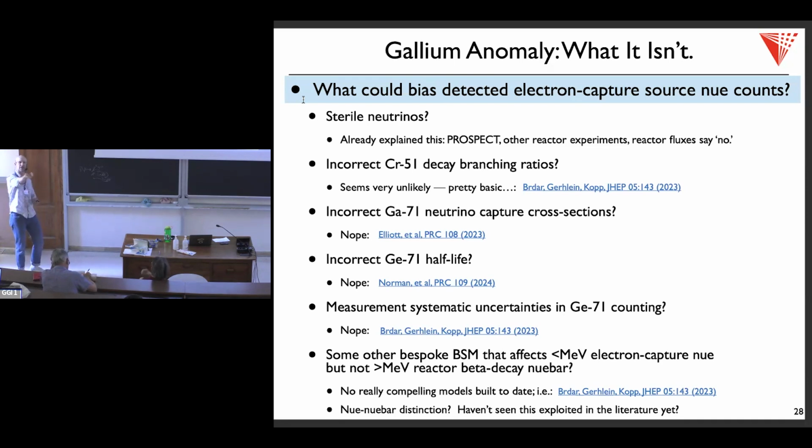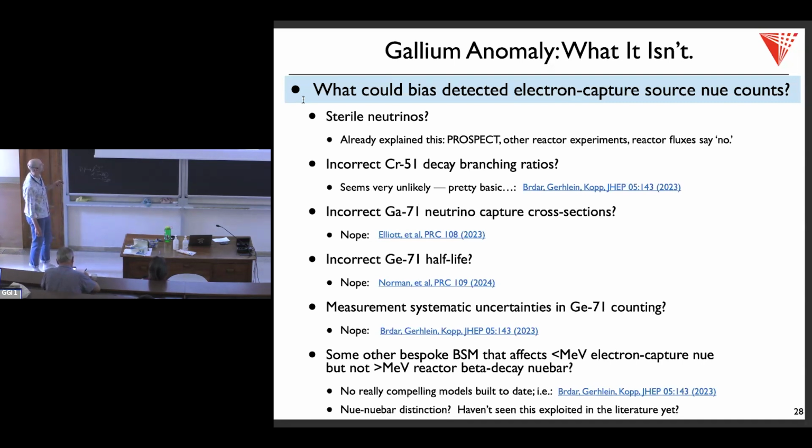This is the twisting of the Feynman diagram, helium neutrino capture. This just doesn't seem like a real likely possibility. Germanium 71 half-life. Okay. Systematics. People have looked at this and they're just...